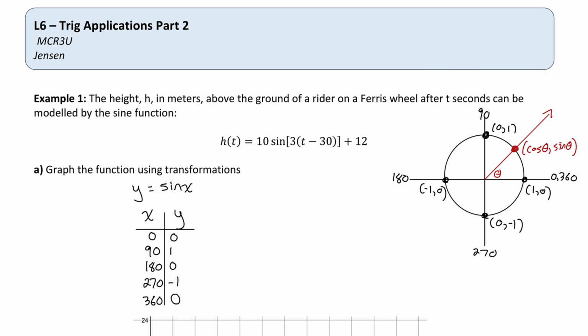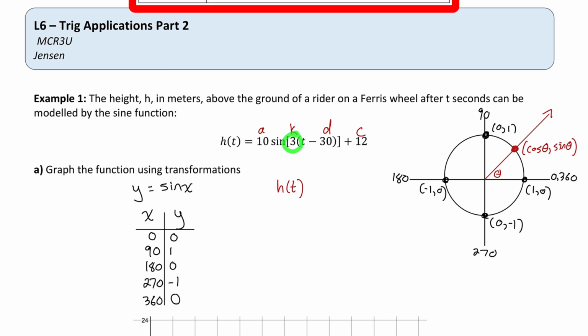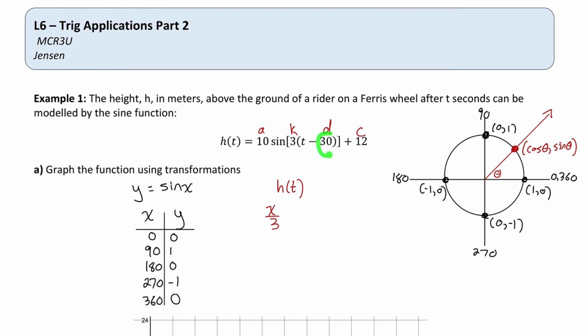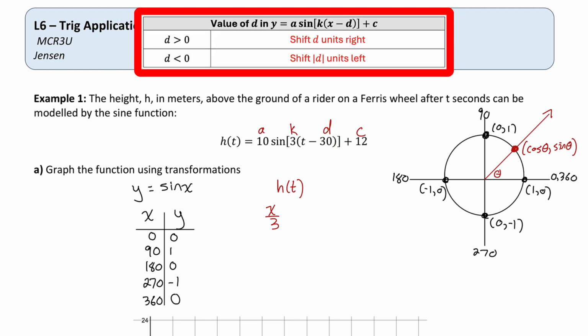Now let's do the transformations that we have in the equation. Notice we have an a, k, d, and c that transform this function. I'll make a table of values for this function. We'll start with the horizontal transformations. K is 3, which is a horizontal compression by a factor of 1 over 3, so I would have to divide all the x values by 3. And then the d value of 30 shifts it 30 to the right, so I would have to add 30